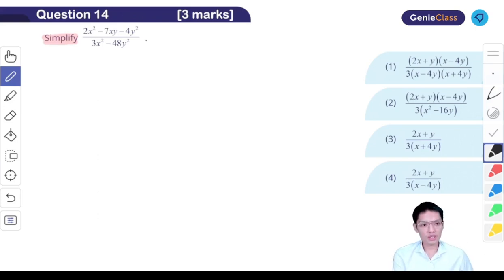Okay, let's see. Alright, so you realize some of you may wonder, teacher, 1, 2, and 3 are essentially the same answers. For the ones who answered 4, you might have gotten to the last step but cancelled the wrong term. 1, 2, and 3 are essentially the same steps, but why are they not correct? Take note, key lesson to know here. When we talk about simplify,